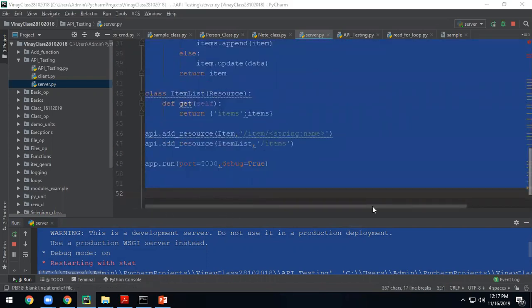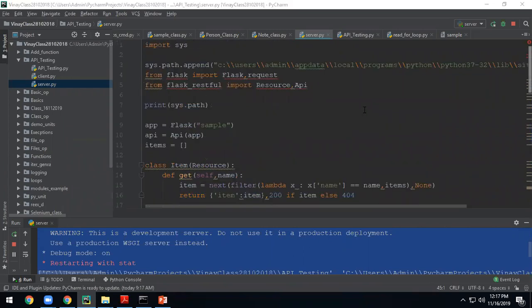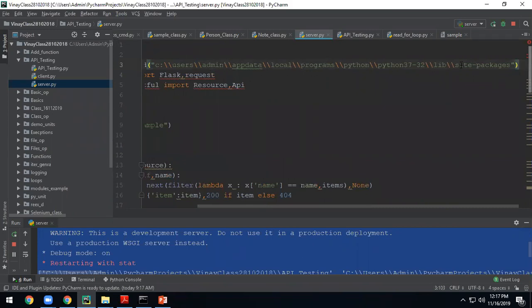This is on the server side. Here I have added this path: sys.path.append. This should be the path where your package is installed.